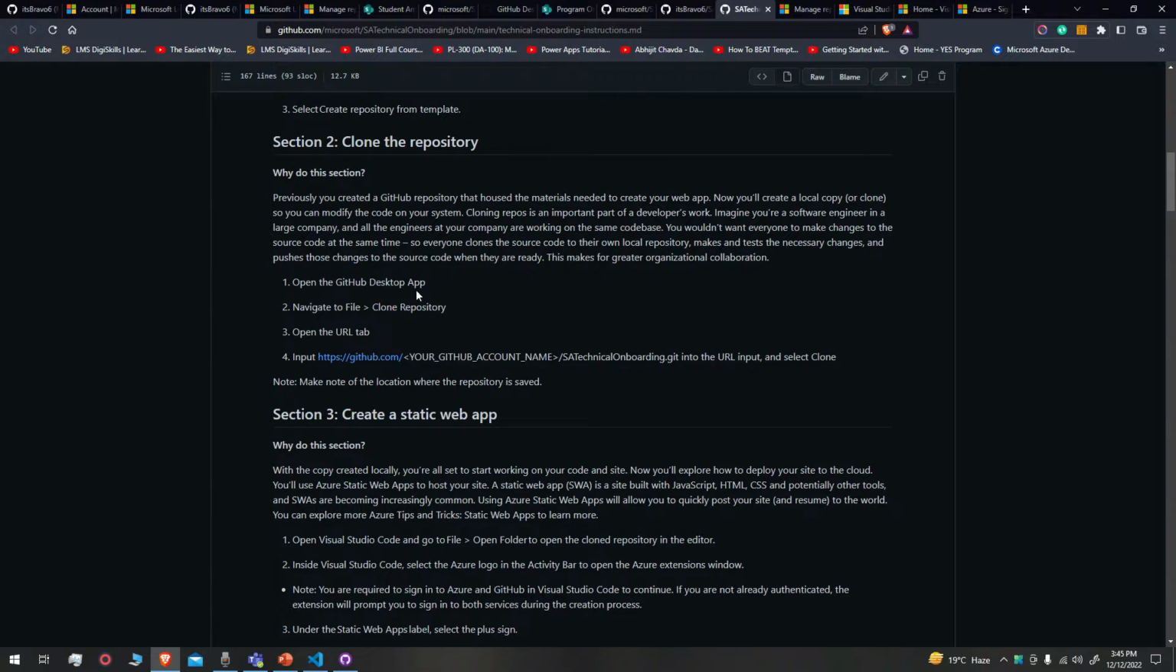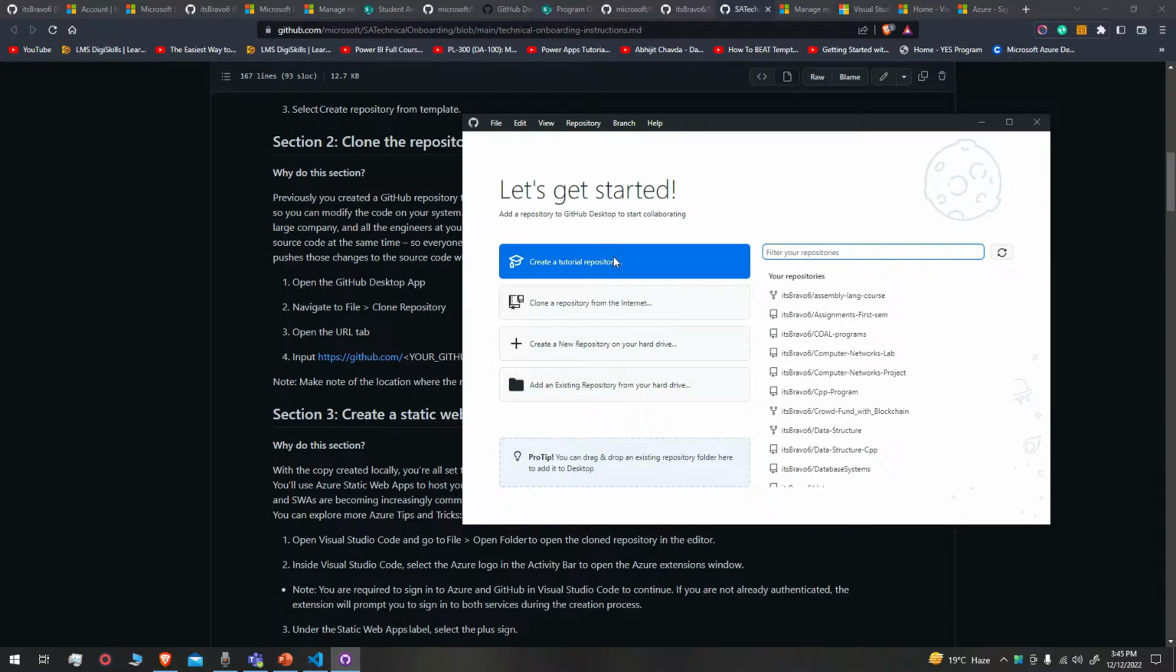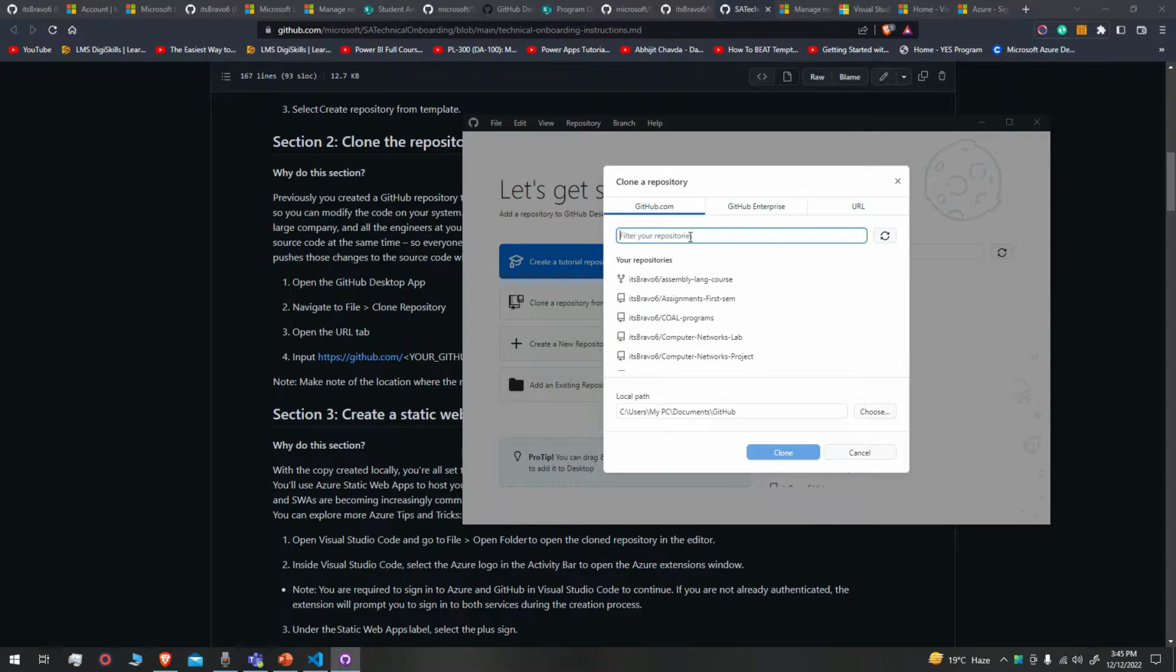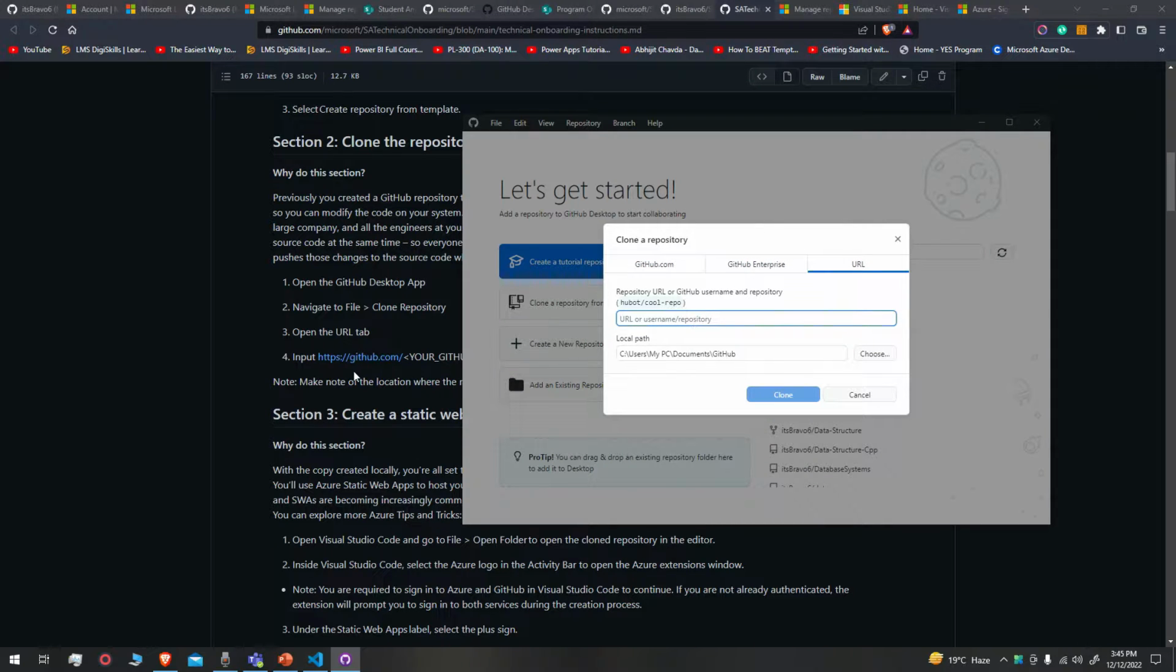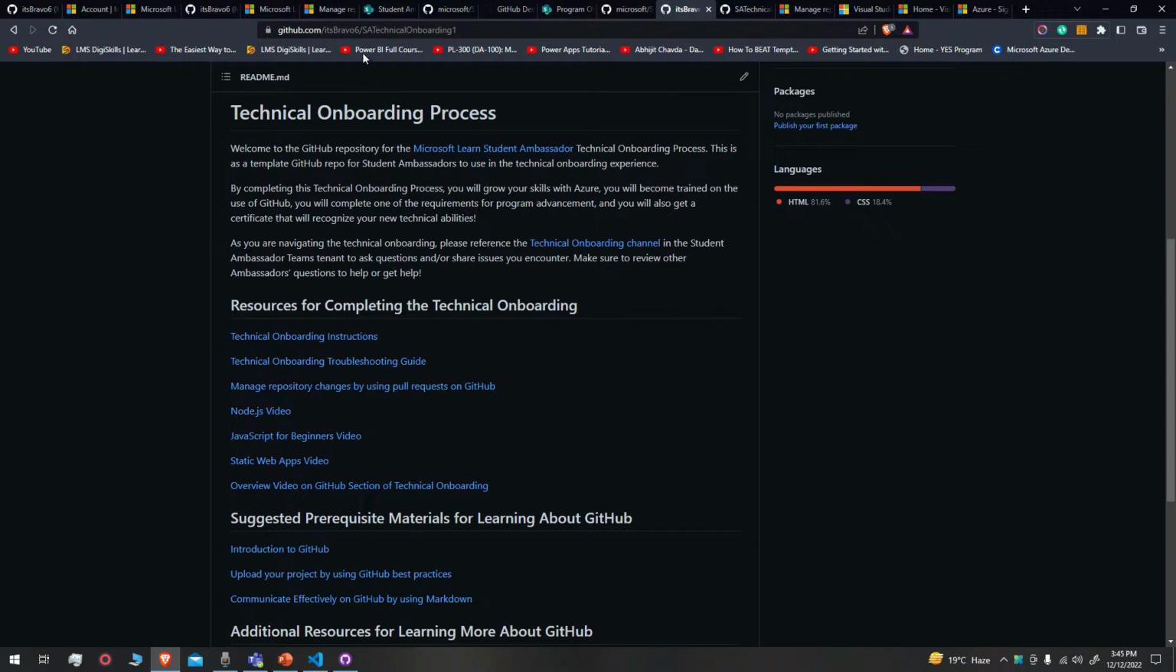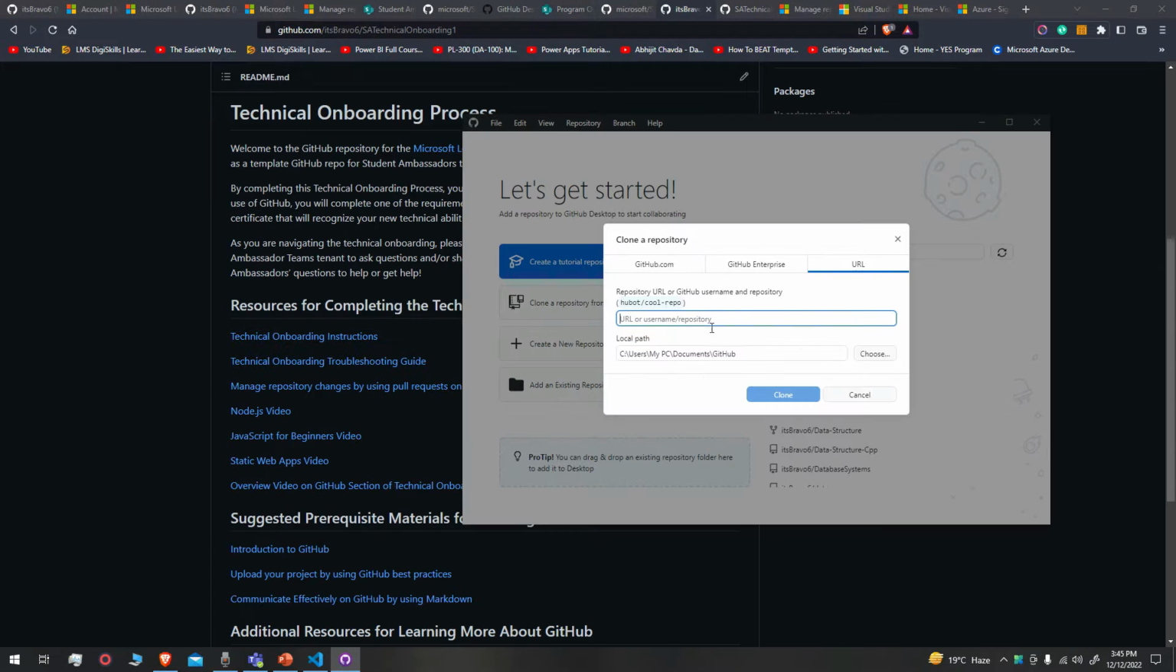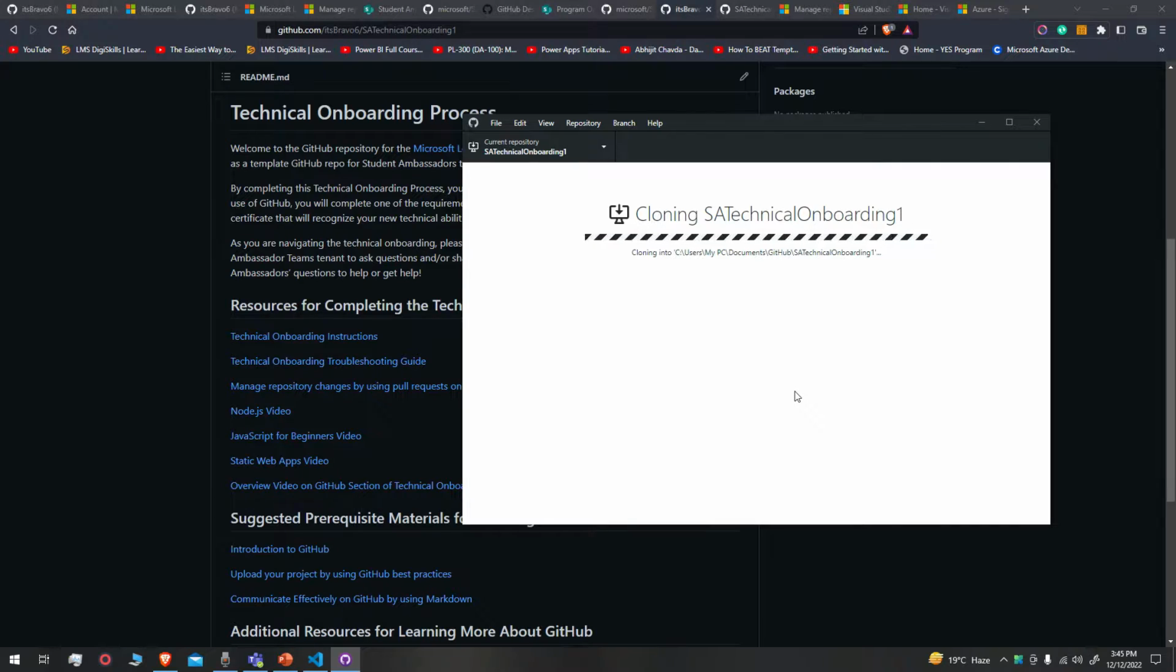Open the GitHub desktop app, navigate to file, clone repository, open the URL tab, and input your GitHub account link. Clone a repository from the internet. Click here, find your repositories. You've already done it. It's the URL. The URL was this. Now click here, clone. It's gonna clone your